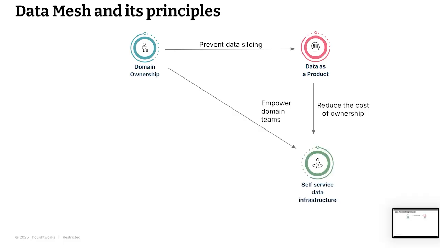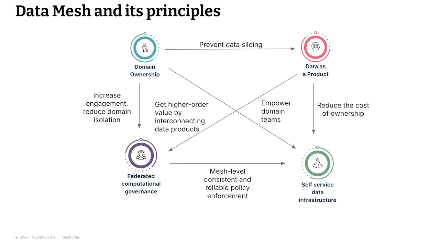And to make that further possible, because I now have to build data products, I need some infrastructure capabilities. I need storage, I need compute. That was provided by a central team, because this does not need domain knowledge. The central team can build capabilities that the domain team can use. And then finally, all the domain teams talk to each other using some standard protocols, which is called federated computational governance.